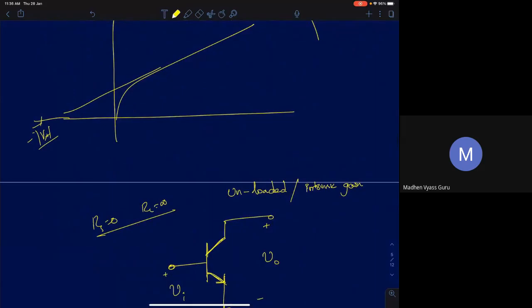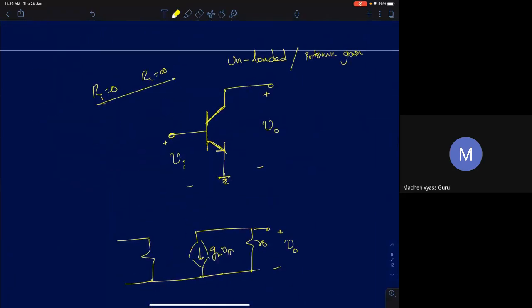Okay. So now we are finally coming back to the most important block. We have an important parameter, which is the unloaded gain or intrinsic gain. To find the unloaded gain, I told you guys to make RS as 0. Don't load it from the source side, don't load it from the load side. The gain should not reduce on either side. So this is the maximum attainable gain in this structure.